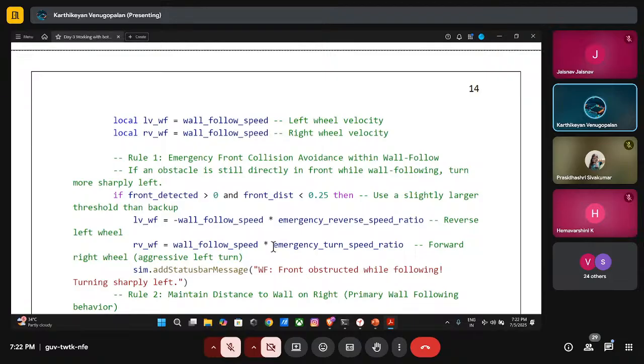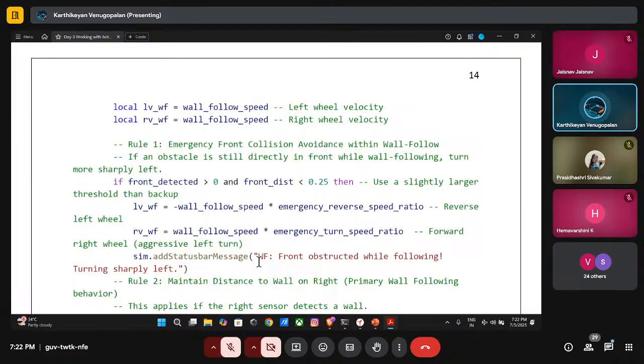Why? Because if I have both as emergency reverse speed, it will come directly back. But if I have two different scaling factors here, I can have a back left or back right turn depending upon the value. I guess we can use this particular scaling factor here. So when the distance is less than this particular 0.25, we are going to have